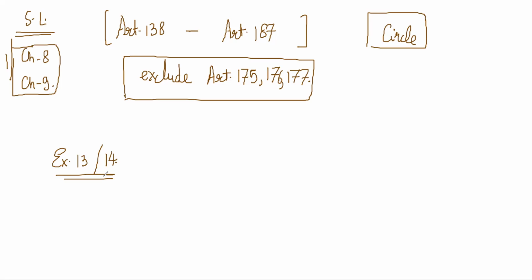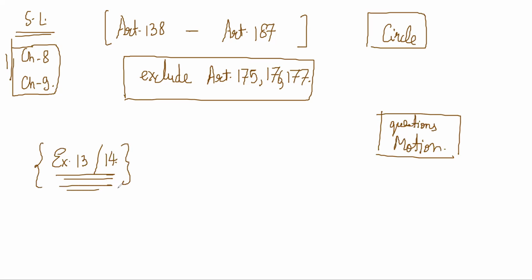So try whatever questions you saw at the end of your exercise 1, 2, 3, 4 in motion, right? There were some line pair equation questions, right? Try those. Try exercise 13, 14. That will be useful. And next week onwards, we are going to start our circles thing. Circles, and after that there is parabola, ellipse, hyperbola.